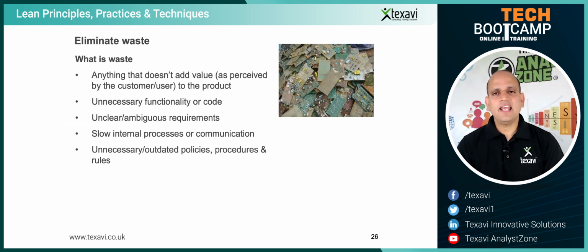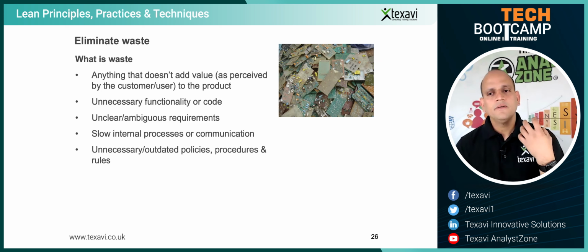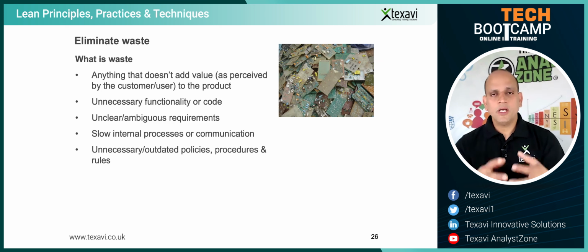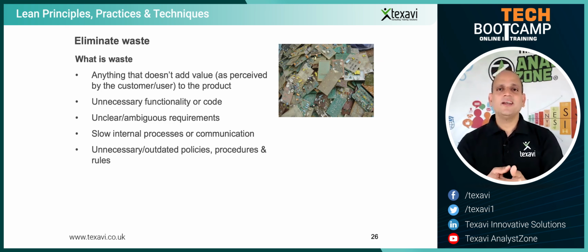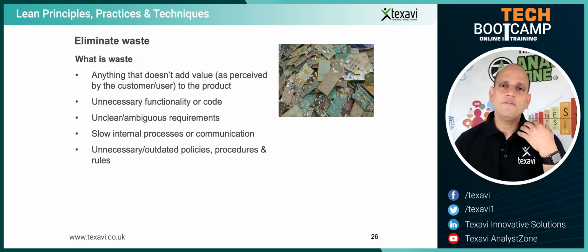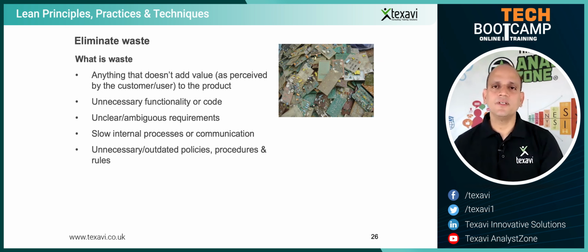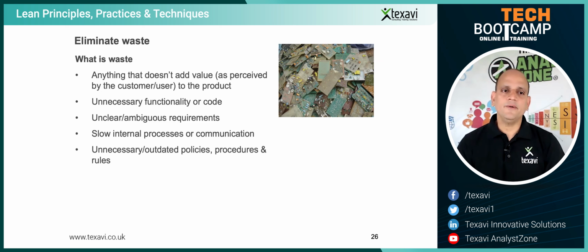So in the context of what we discussed yesterday and even the other day, in terms of delivering value, when you talk about agile methodologies, it's all about delivering value to the business, to the customers. It's not technology. It's not a better technology, or a fantastic technique. It's about whether you're doing something of help for your customers, for the users. That's what is important when you talk about value. So if it is something like functionality which is not useful at all, or some piece of code which is not relevant at all, which is not adding any value,